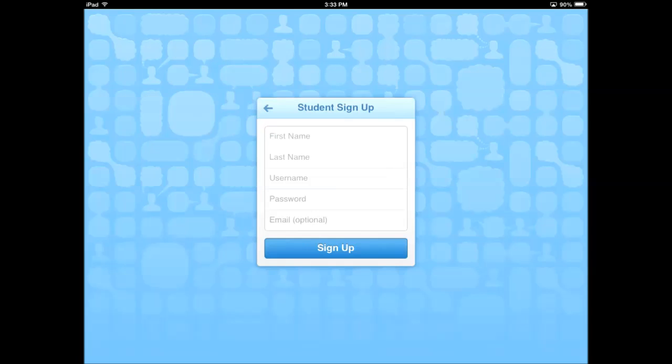For a username, again, with the age group I'm at, I have them do their first name and the first letter of their last name with no spaces. That may come back as taken. If it comes back as taken, I just add another letter of their last name. If it's Tom Thumb, their name is Tom T. If Tom T is taken, Tom T H will be the next one,